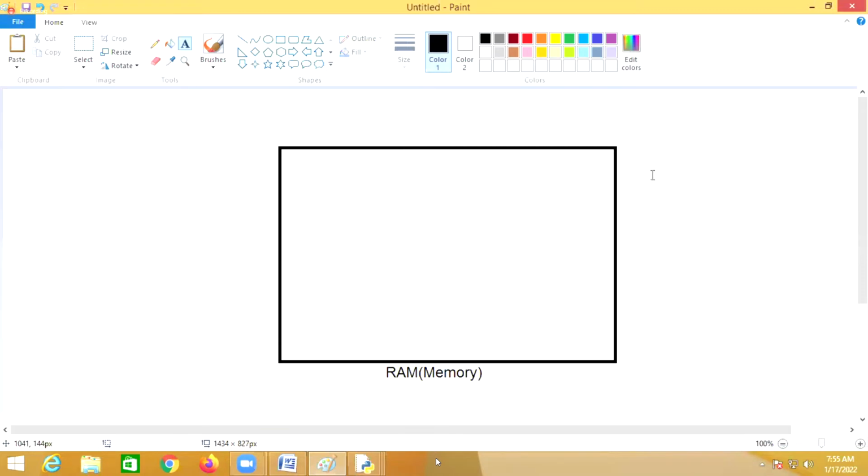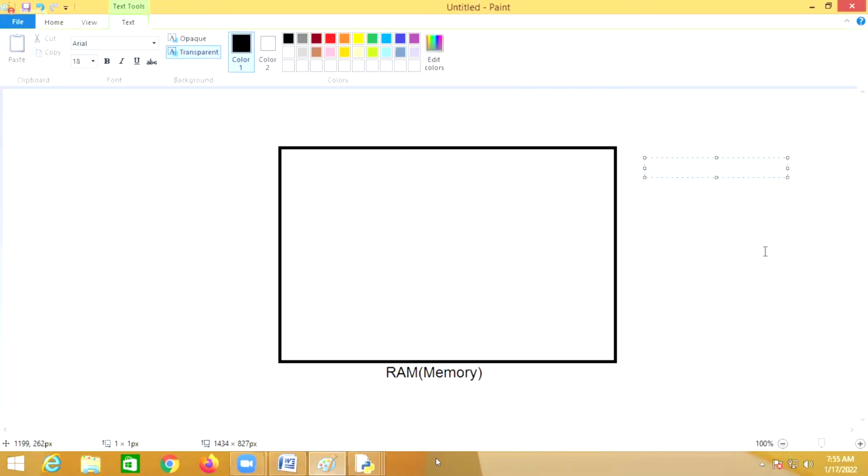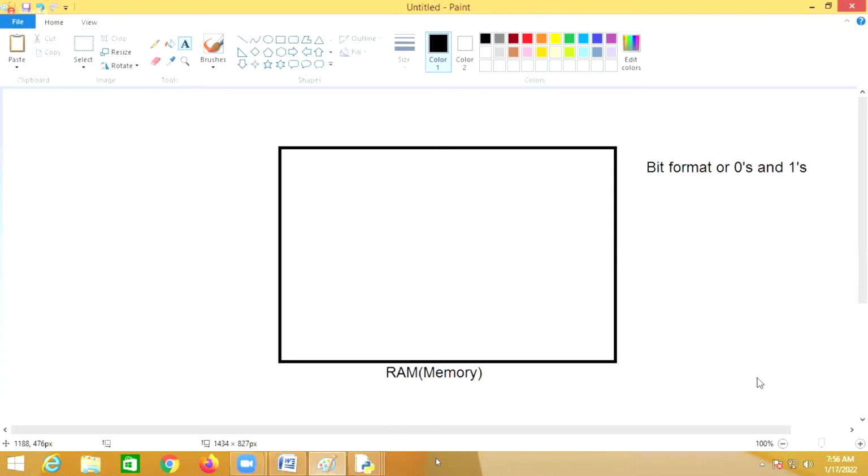Because the computer is an electronic device, the data will always be stored in memory in the form of zeros and ones, that is, in bit format.